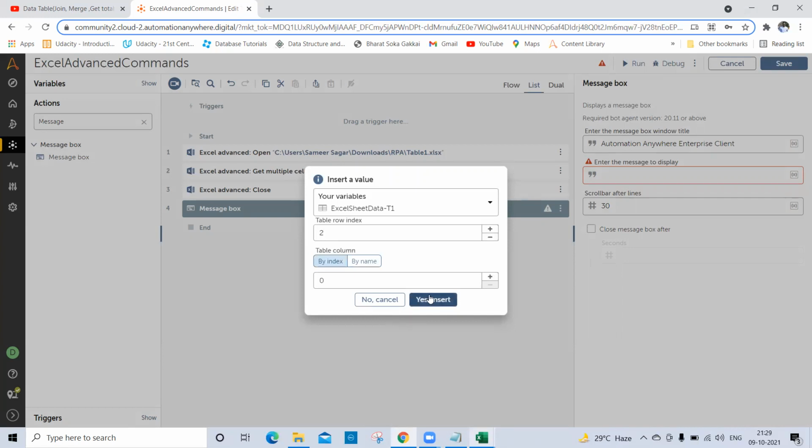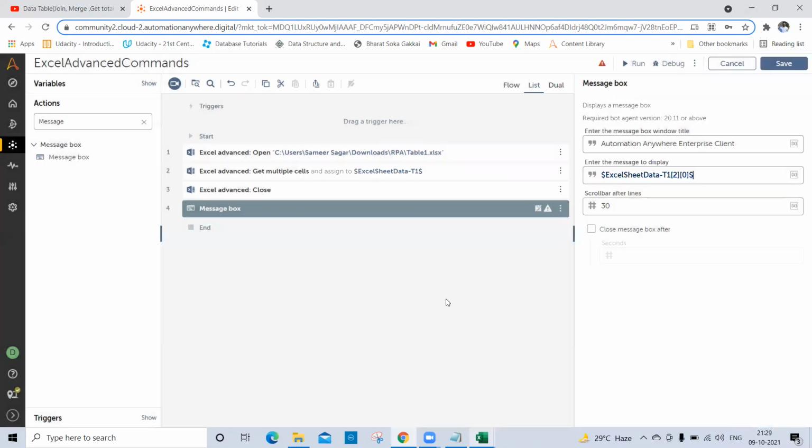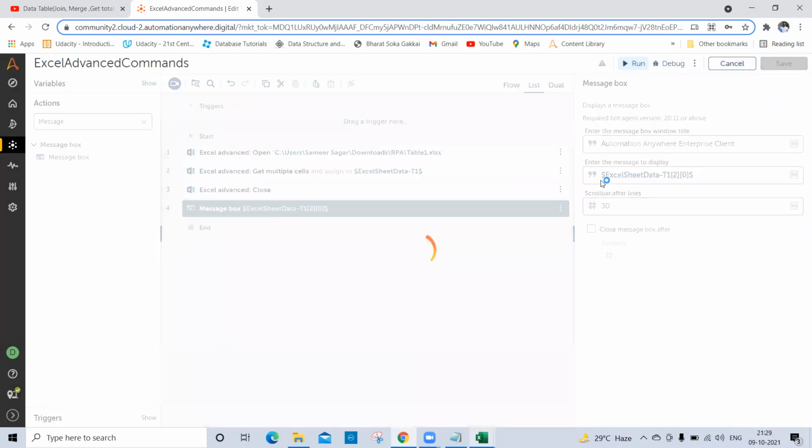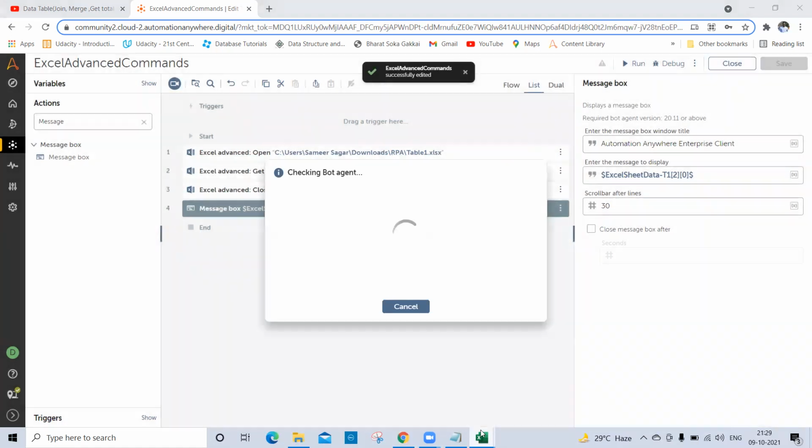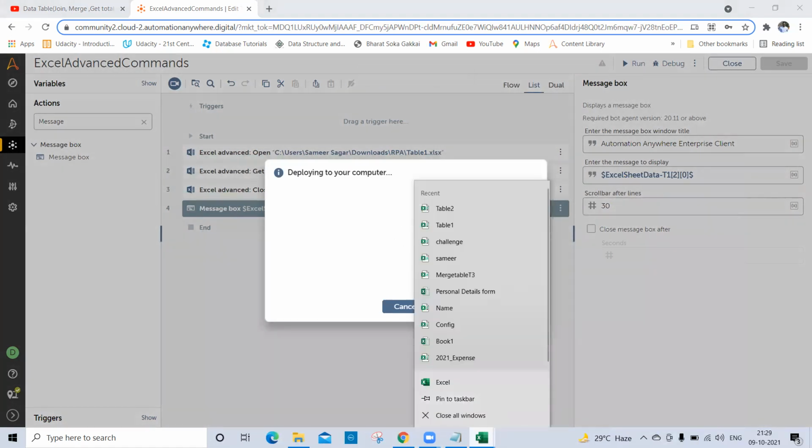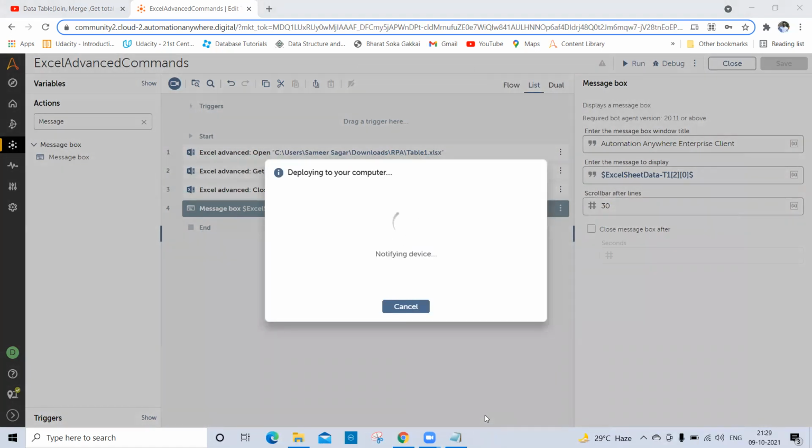Let me insert this value here. Let's see what we can get. I'm running this file. Let me close all the Excel files which are open right now.